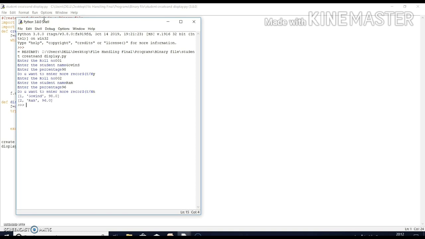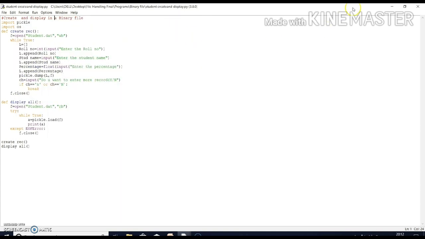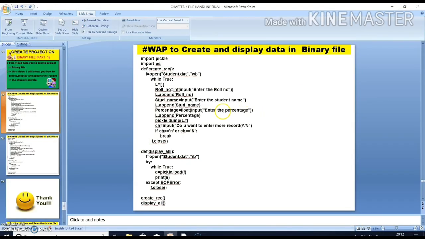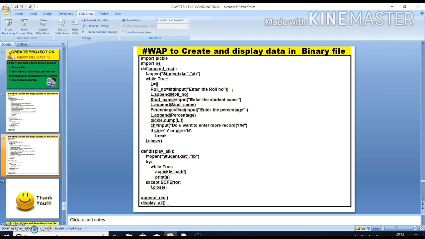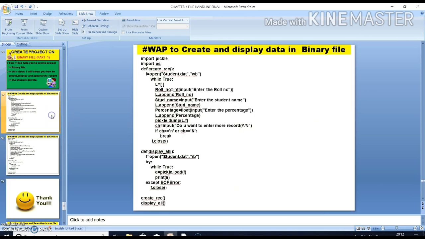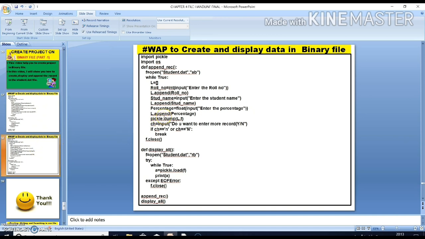It displays the two records in the list: roll number 1 Govind 98%, and 2 Ram 96%. This is all about how to create and display the records in the student.dat file. Now you have two records in the database. Now you want to append the data